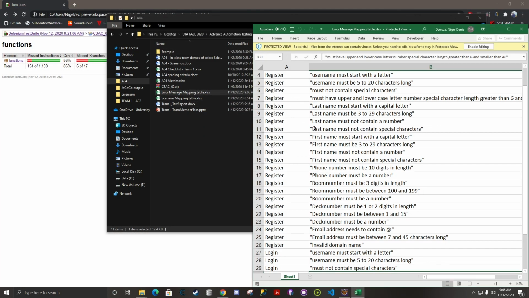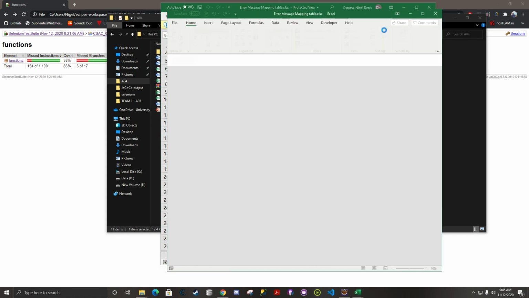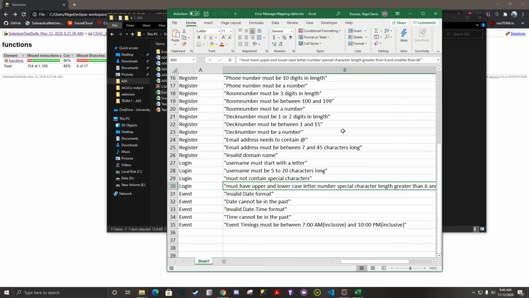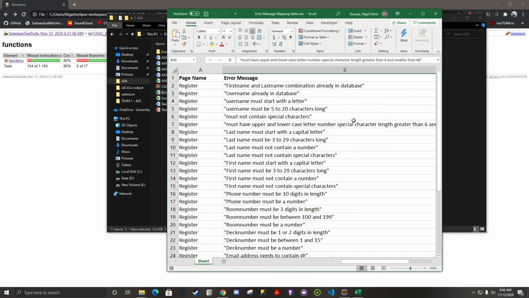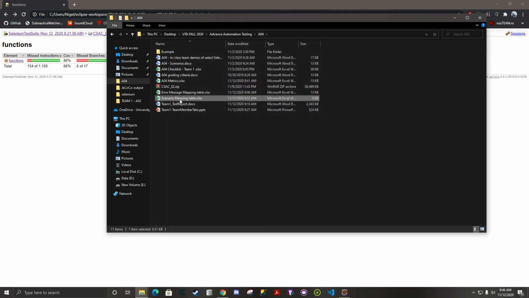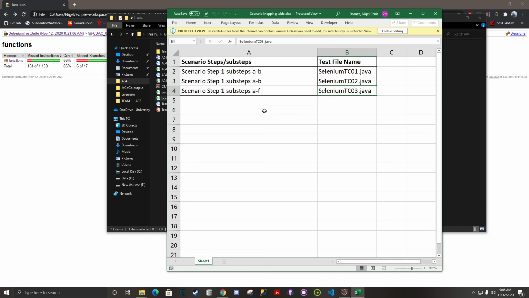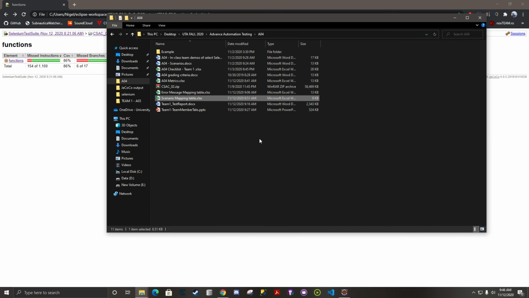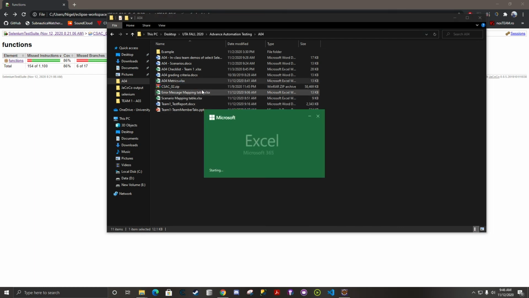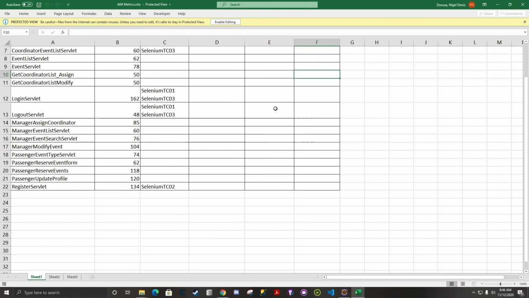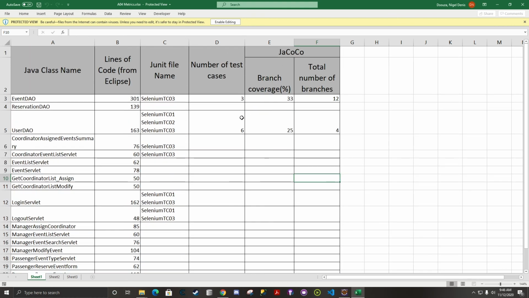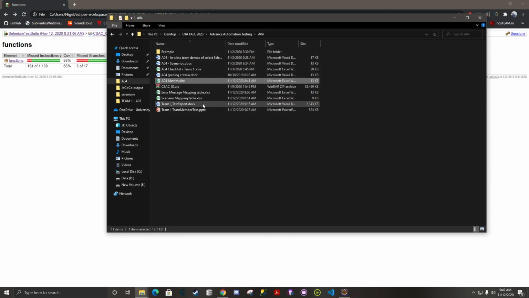Then we have the error message mapping table, where we have all the unique error messages, a total of 35 unique error messages in this iteration. Then we have the scenario mapping table, which shows each substep from each Selenium test case file. Then we have the A04 metrics, where we have mentioned each Java source file, its corresponding JUnit file name, that is a Selenium test case, the total number of test cases, its branch coverage, and the total number of branches. Then we have our team report,